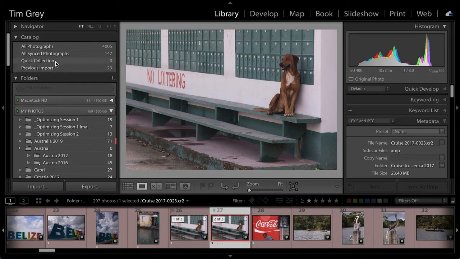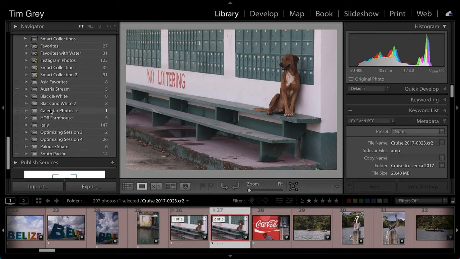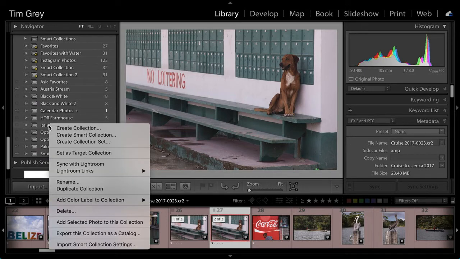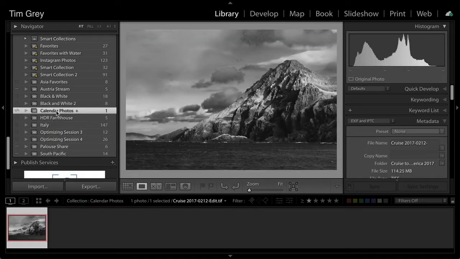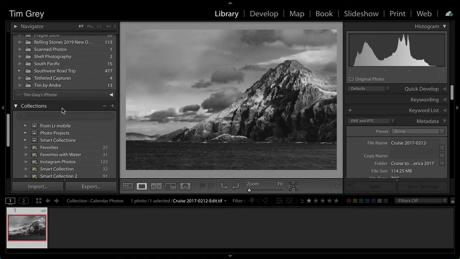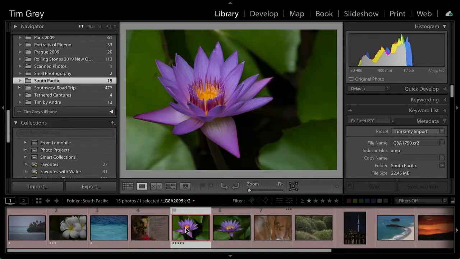You see the quick collection, which normally has a plus to the right of it, at least by default. Now it does not, because I have created a new collection and identified it as the target. Now I could go choose a different collection, so I could right-click on a different collection and set that as the target collection by, of course, choosing Set as Target Collection. But the key is that when we have a target collection, we can add images to that collection by simply